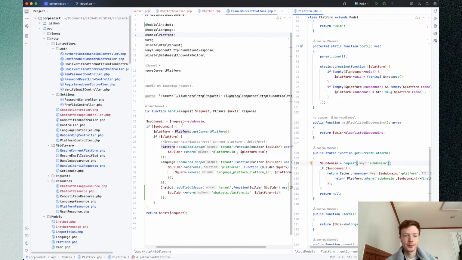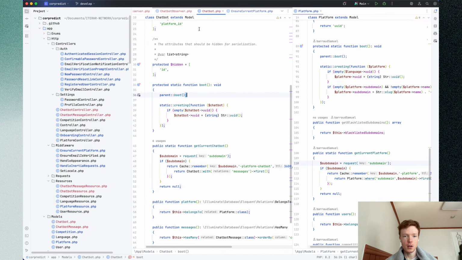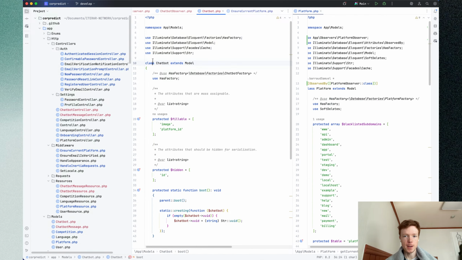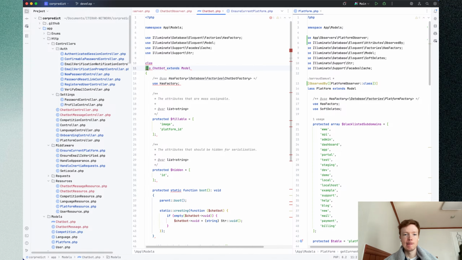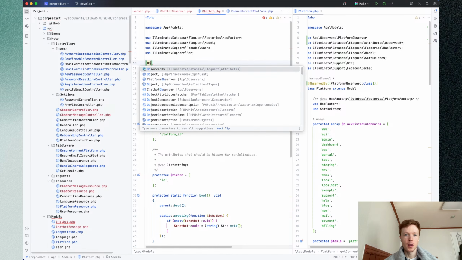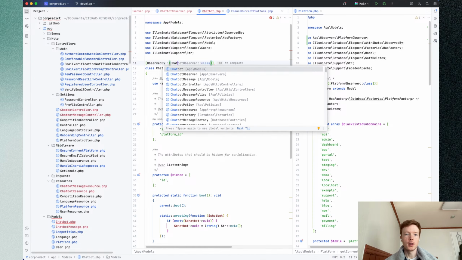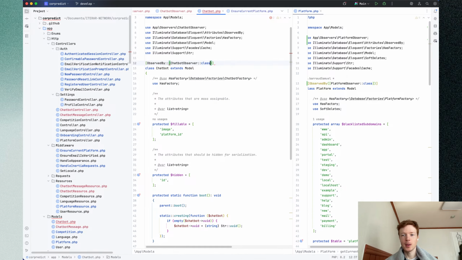Anyway, yes, I have to register my observer. And then I think I will commit. I don't know. And since this is an array of observers,